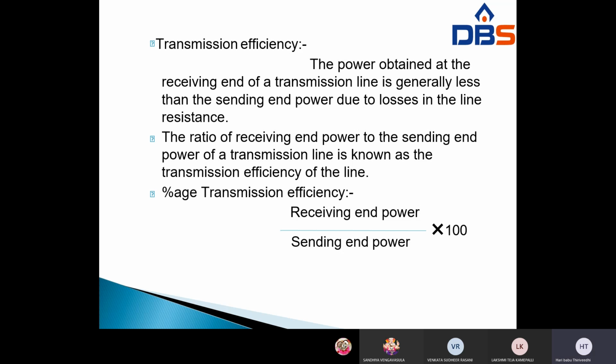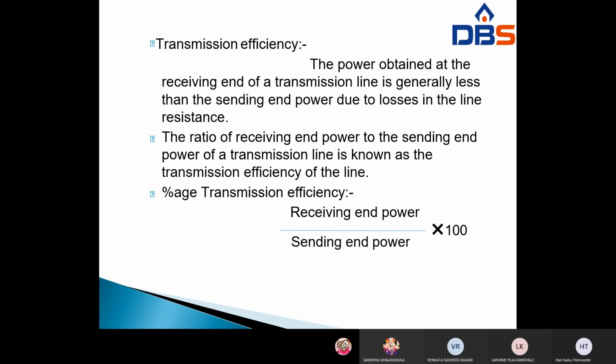The power obtained at the receiving end of the transmission line is generally less than the sending end. Already discussed. If the voltage is lower, the power will also be lower, right? The power obtained at the receiving end is always less than the sending end power due to losses in the line